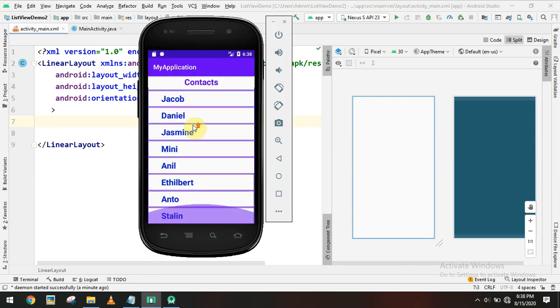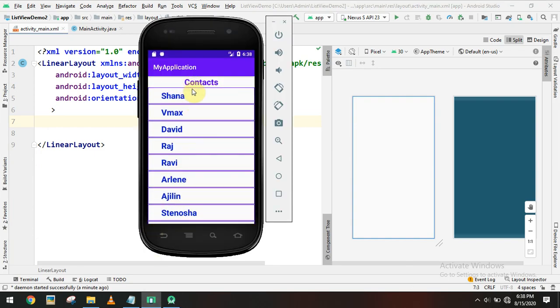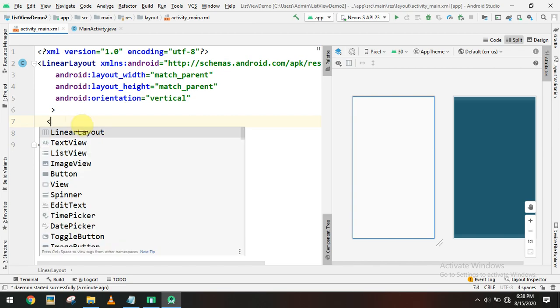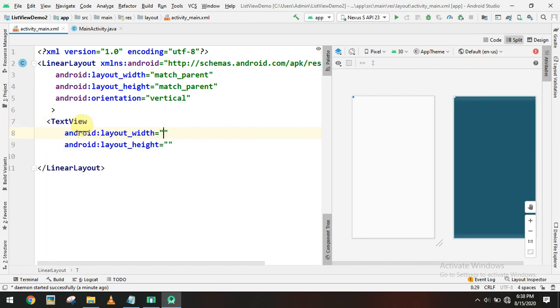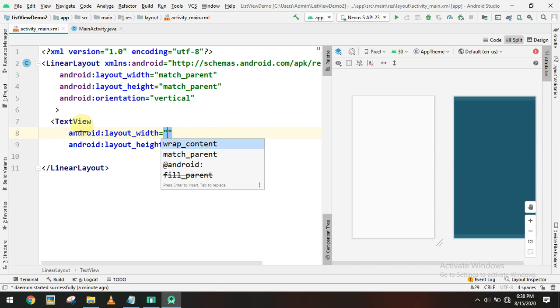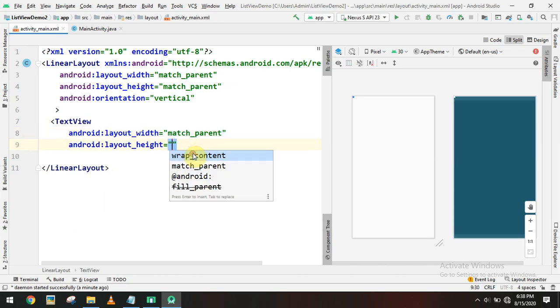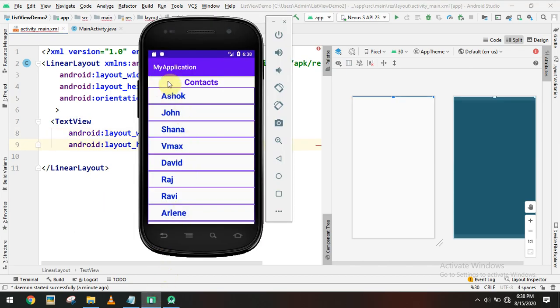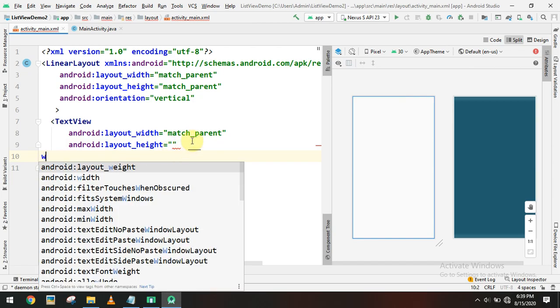First I need to create a title. The title is a context, so that is a text view. To create it, we can add a text view widget. I want match parent, since I want it to span the total width of the screen, and the height is wrap content.